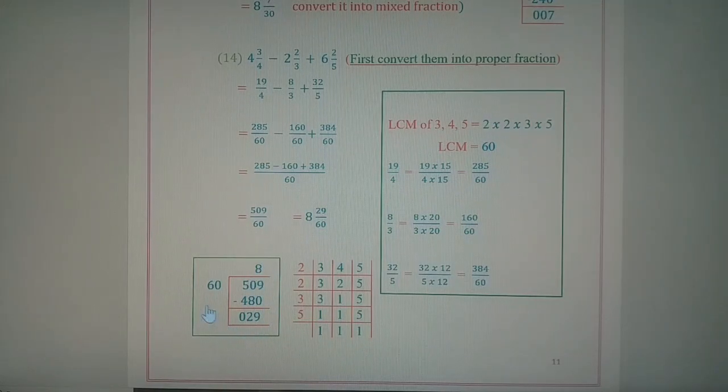So now these answer numbers in the division can be arranged as a mixed fraction. We have to start with the topmost number 8 and then we go to the next number 29 and then the last number 60. So we have to move in a circular, clockwise manner, just like the needle of a clock moves. So first we write 8. 8 will be the integer, 29 will be the numerator, 60 will be the denominator. We write it as 8 integer, 29 upon 60. The final answer is 8 integer, 29 upon 60.